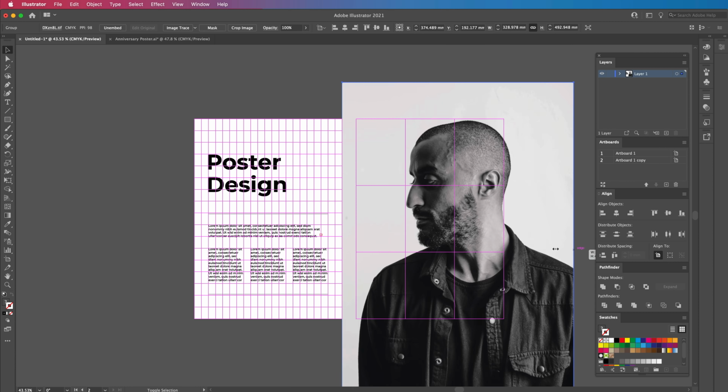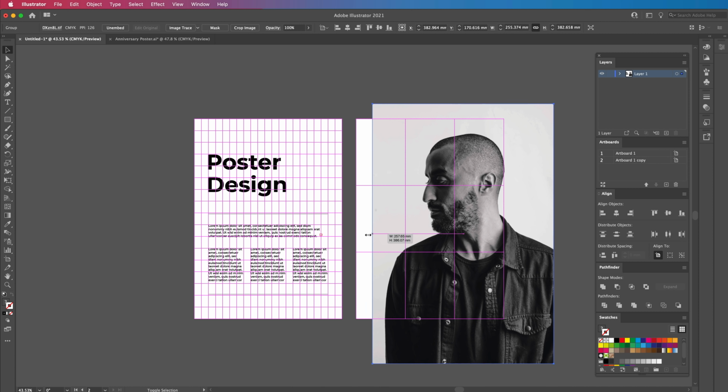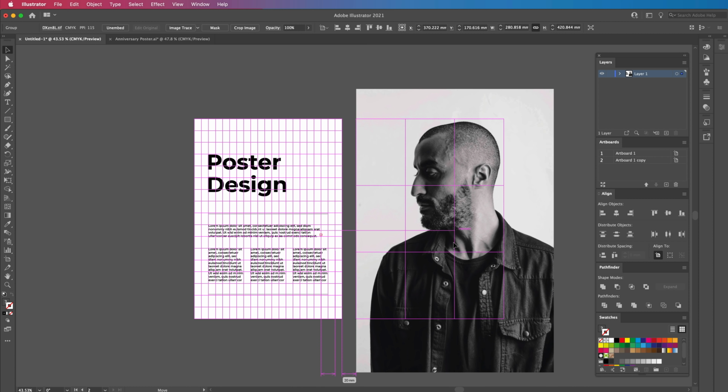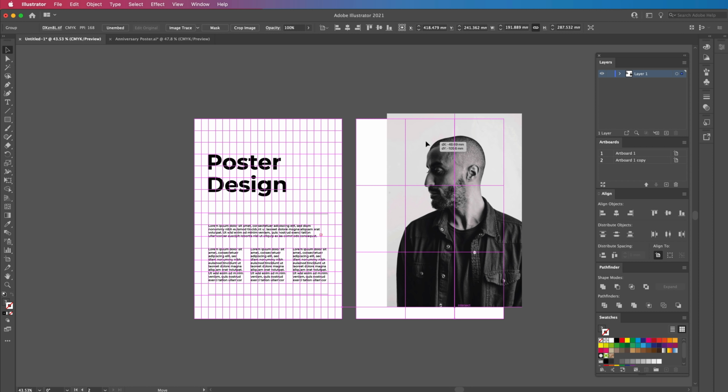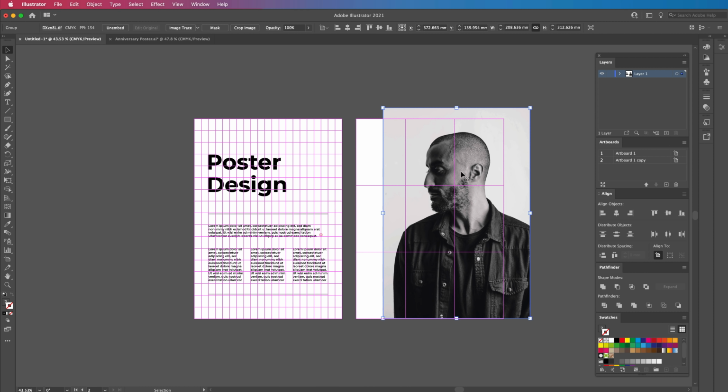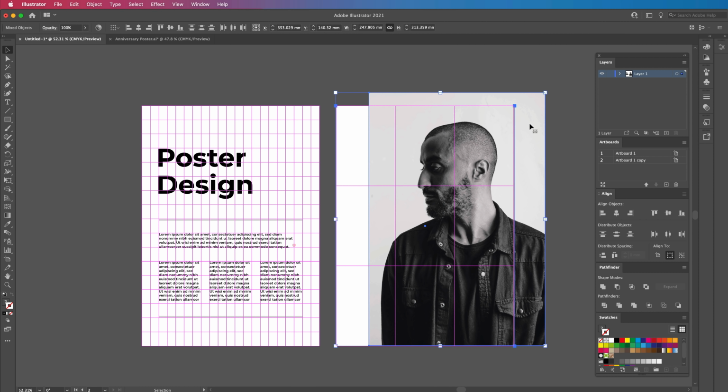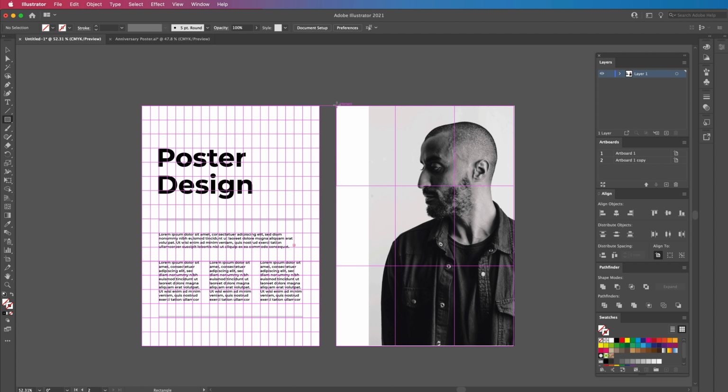I know I sort of want my text on the left because we read left to right, and I want an image on the right hand side. So I'm looking at this sort of poster as more like a magazine cover or a piece in a magazine. So my man is on the right and I've gridded him up so I've got enough space, although I could have found a better image to